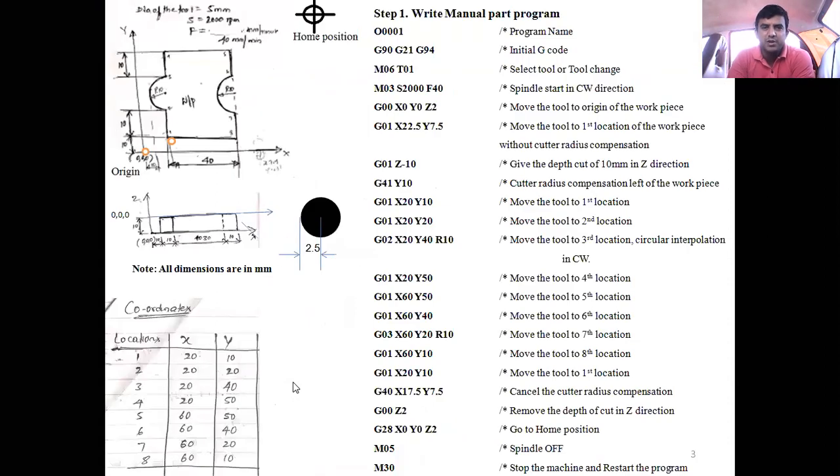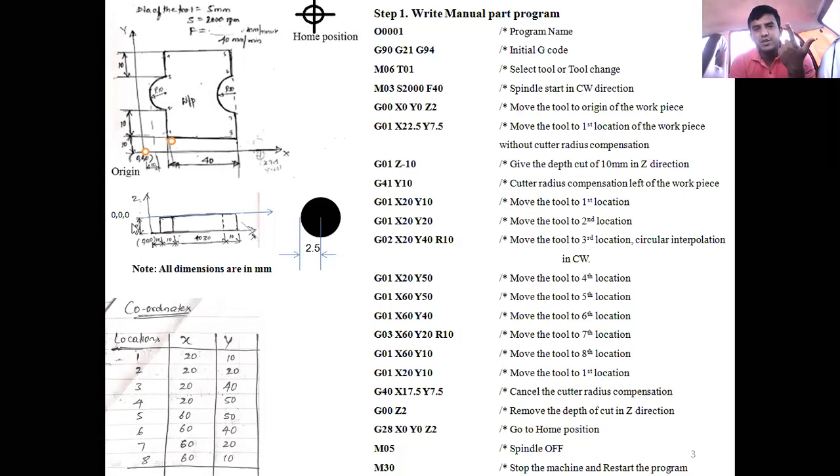We have written the manual part program. First study the geometry. What is the shape of the workpiece? It is the final product. Is it a milling, turning or drilling operation? From the diagram, it is a side milling operation. Now see the contour. Next step, study the size, meaning the dimensions of the component. See whether all the corners and locations are given, and all the dimensions are given. If an angle is given, use trigonometric relations.